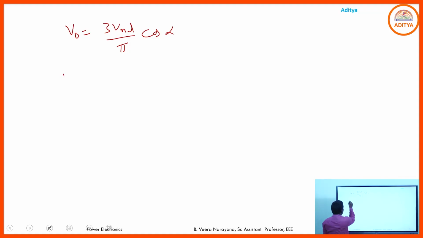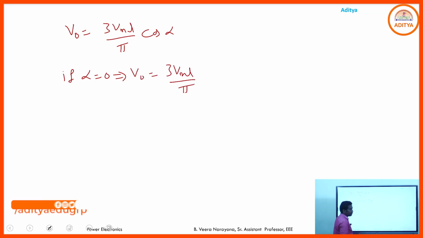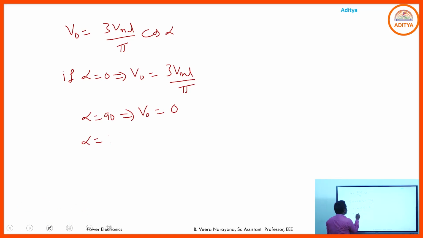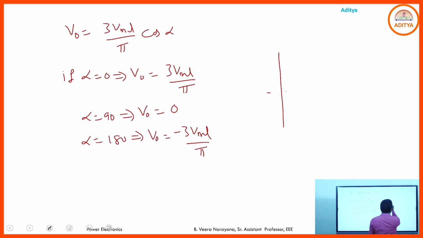From this you conclude, if alpha is equal to 0, what is V naught? You are getting the maximum output voltage, which is 3 VML by pi. If you choose alpha equal to 90, then what is the V naught? 0. If alpha equals 180, then V naught is equal to minus 3 VML by pi. So from this what you observe, if you go through the quadrant representation,